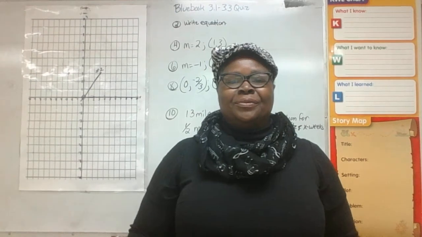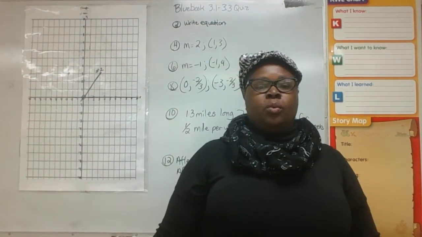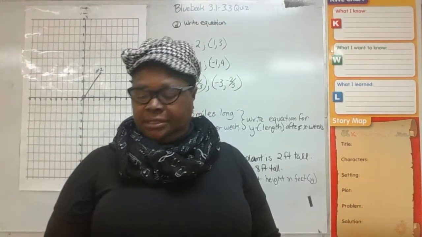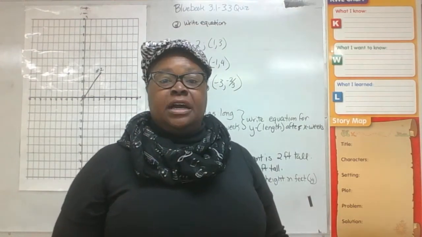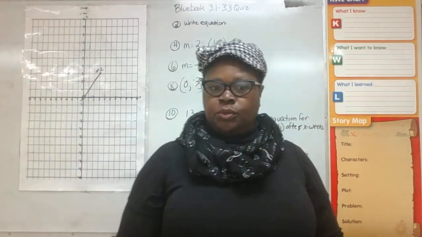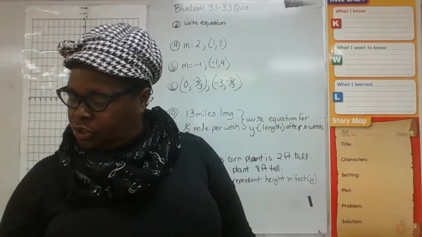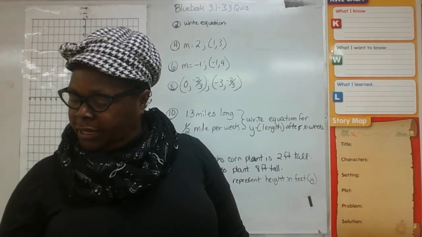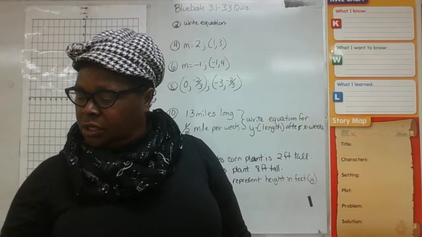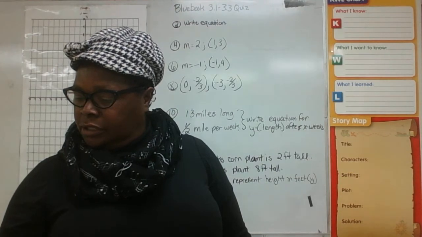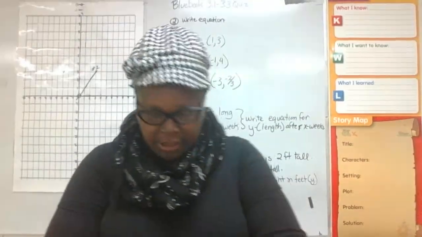Okay. Hi. We are doing Blue Book 3.1 to 3.3 quiz, which is on page 125. All right, let's take a look at the first one. The first one, they ask us to write the equation of the line with the slope intercept form. All right, here is